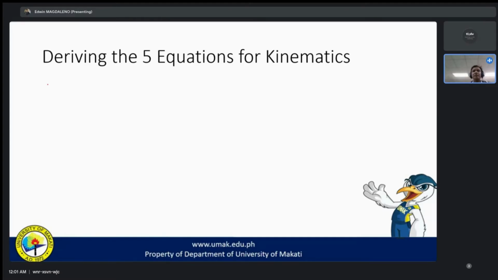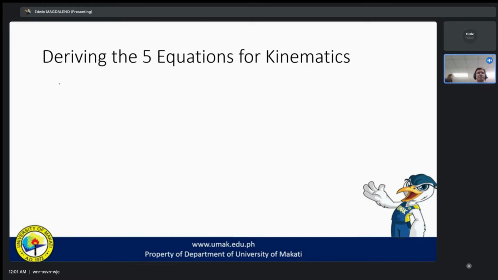Okay, good morning. Today we're going to derive the five equations for kinematics, which will help us to solve various kinematic problems or worded problems for that matter. Okay, so the first two equations are quite simple, which is